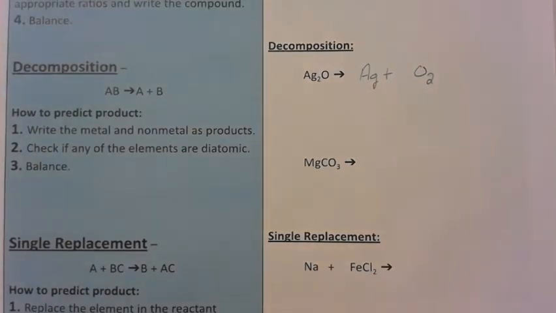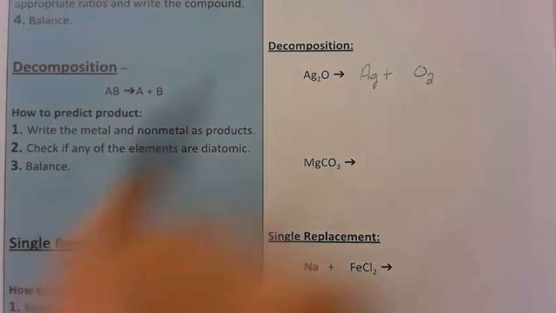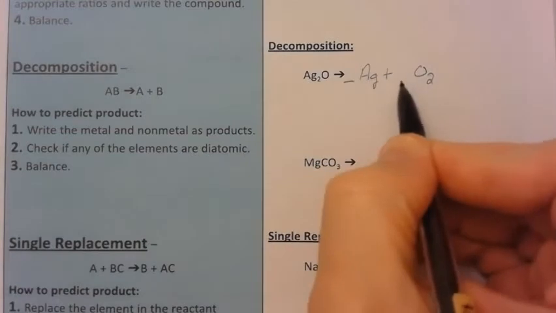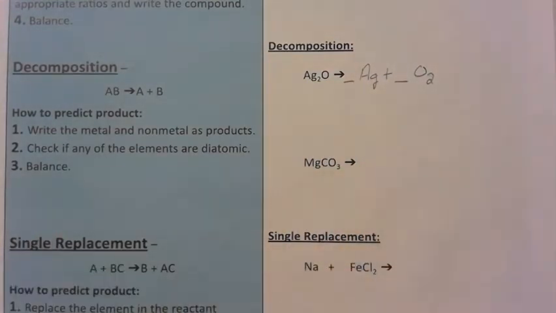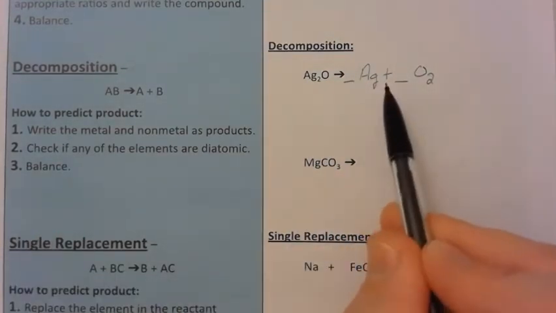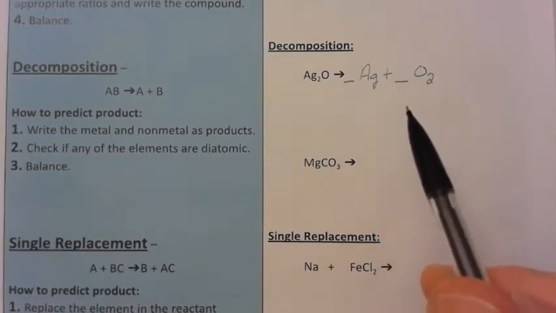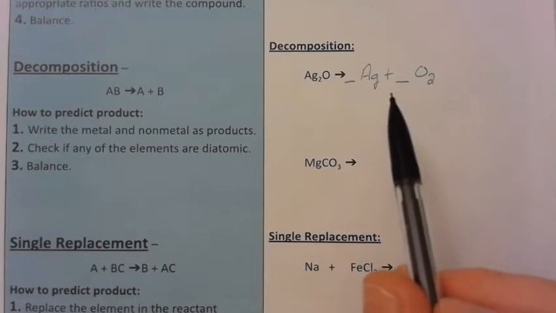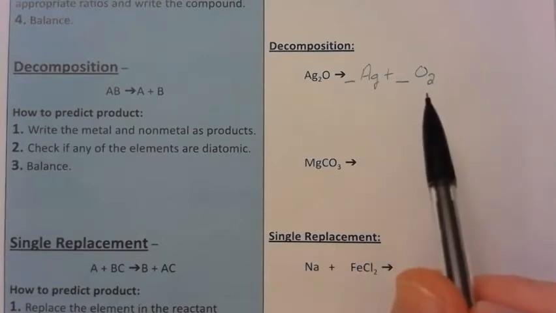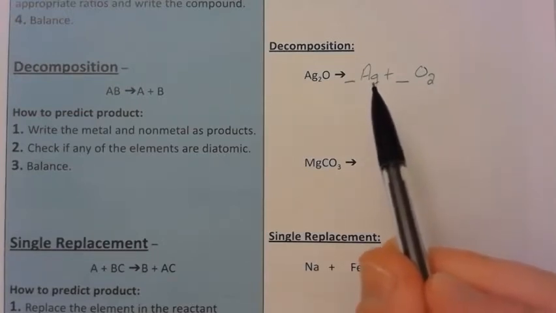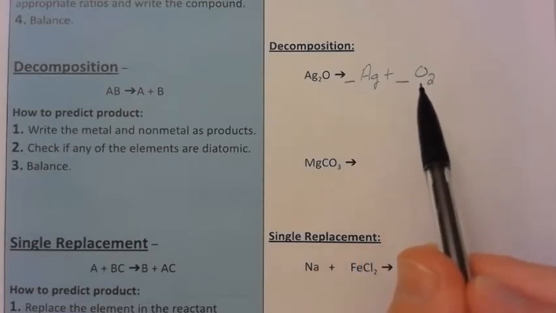So that's actually going to break down and form Ag plus O2. Again, the urge there is to just split them apart and make it Ag2 plus O and call it a day, because the reaction's automatically balanced. But the way that these elements are going to form when they're on their own is Ag is going to be singular by itself, and oxygen is going to find another oxygen atom and pair up to form that